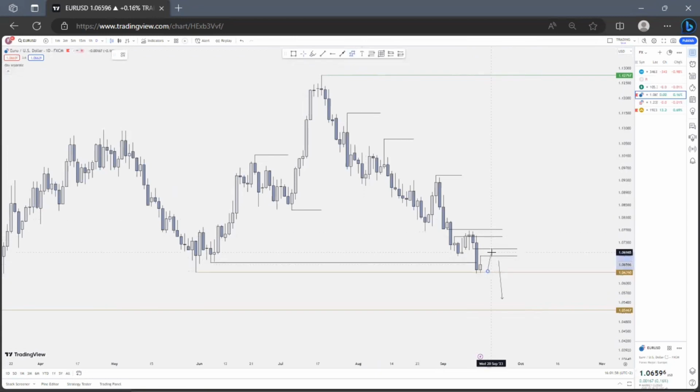If price can push up, tap into this order block or a fair value gap, and then take the highs of this previous day as well, then I'll be looking for price to continue pushing to the downside. That's basically what I'm looking out for going into the next week. So if this move can happen on Monday, then I'd really love to continue with my shorting opportunities